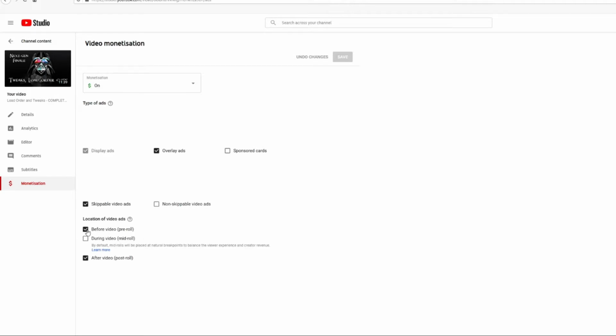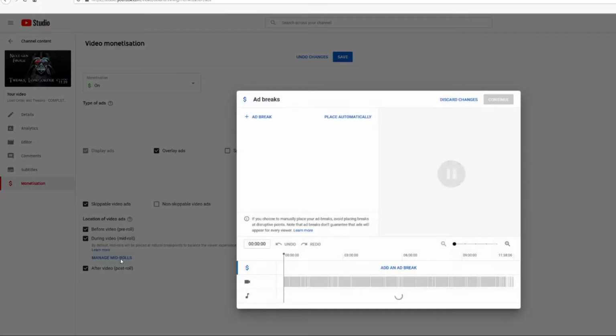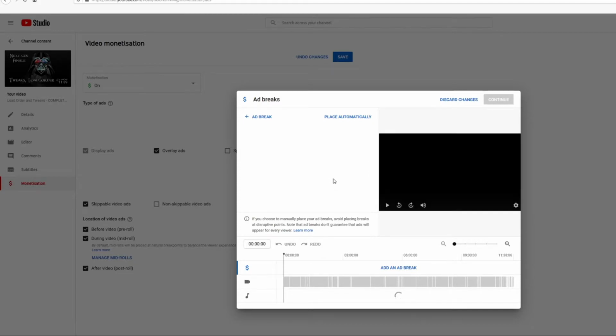So you can choose where these go. Before video obviously means before you can access the video, you have to watch these. After the video means at the end, obviously. During is the interesting one, because if you click on during, you can manage it and then place where the ads are. Now, a lot of the bigger channels that are set up to auto apply ads, the reason why lately they've been having lots of ads put on their videos is YouTube has upped the amount of ads that it will place. So if I go place automatically,